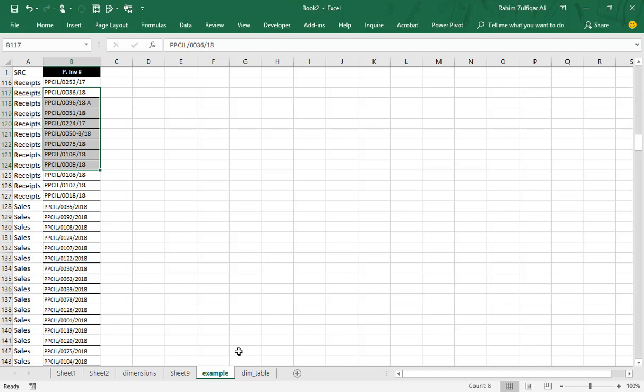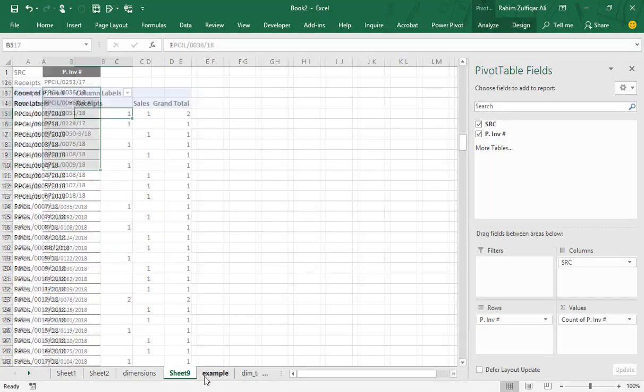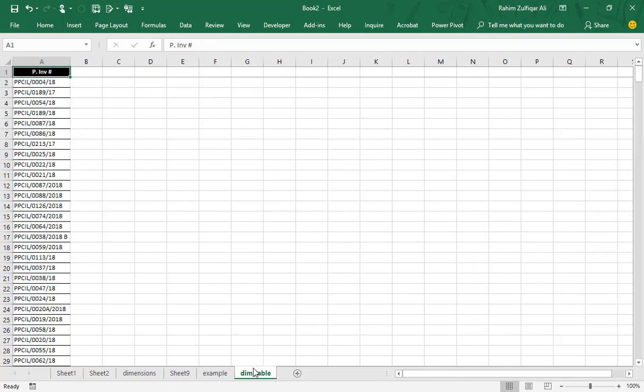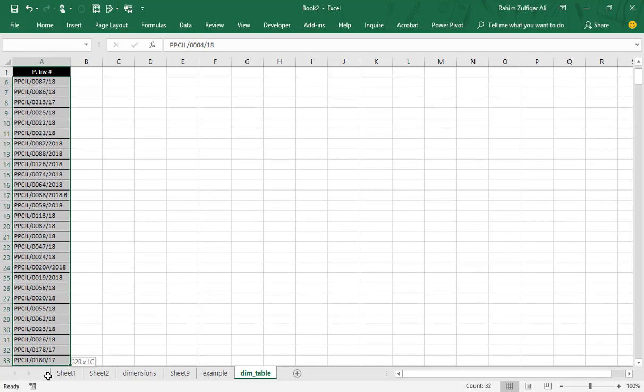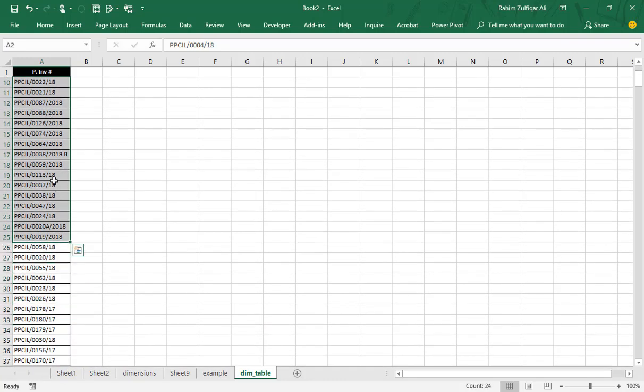So finally, I have to create this kind of column, which is again the invoice column, and all these invoices are unique. Some of them are available in the receipts sheet, some in the sales sheet, and a few of them on both sides.